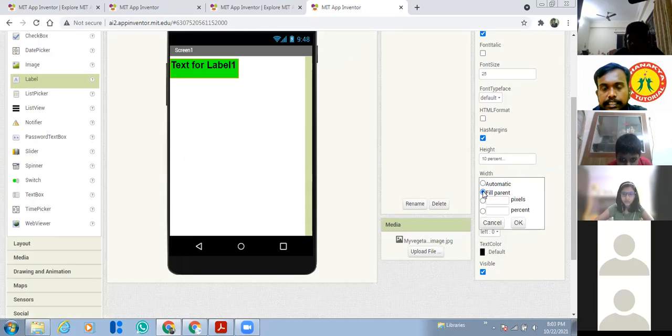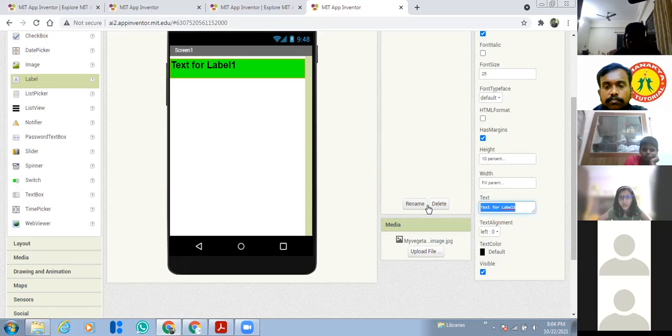Fill parent means the entire width will be occupied. So I'm going to choose fill parent. And in the text, what text do I have to give here? Anyone? My vegetables. Yes, my vegetables. So I'm going to give the text as My Vegetables.